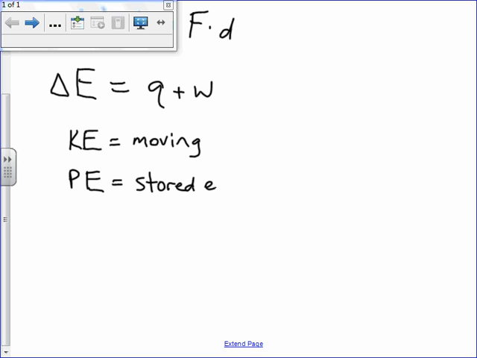I like that especially when we're talking about chemical potential energy. Okay? When we're talking about chemical potential energy, it's the energy that could be released when a bond forms, or the amount of energy it takes to break a bond, that sort of thing. Okay? So